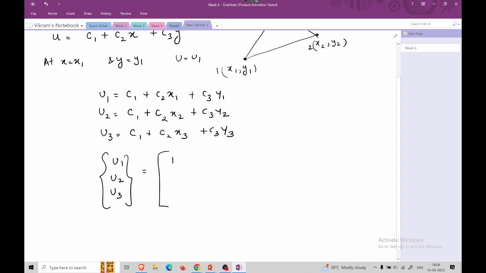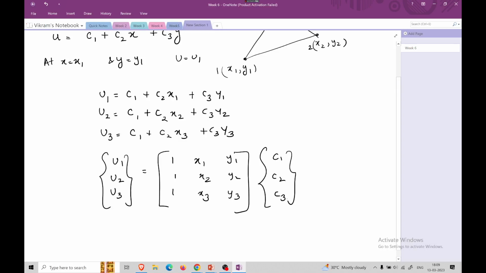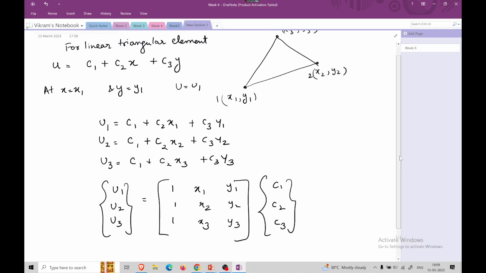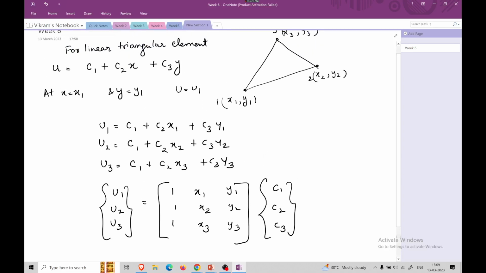So I have 1 x1 y1, 1 x2 y2, 1 x3 y3, and like this I have C1, C2, C3. So till here is there any doubt? No doubt. Okay. So I just represented a linear triangular element, the displacement function I represented in this way, and with this